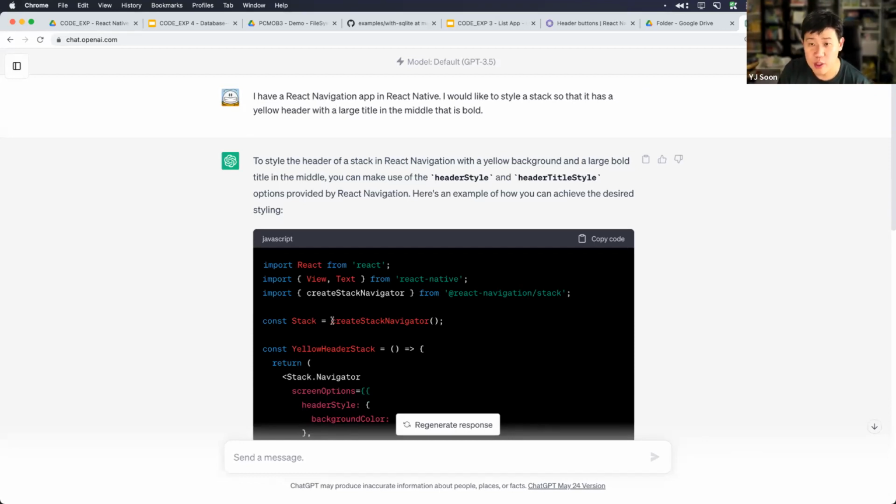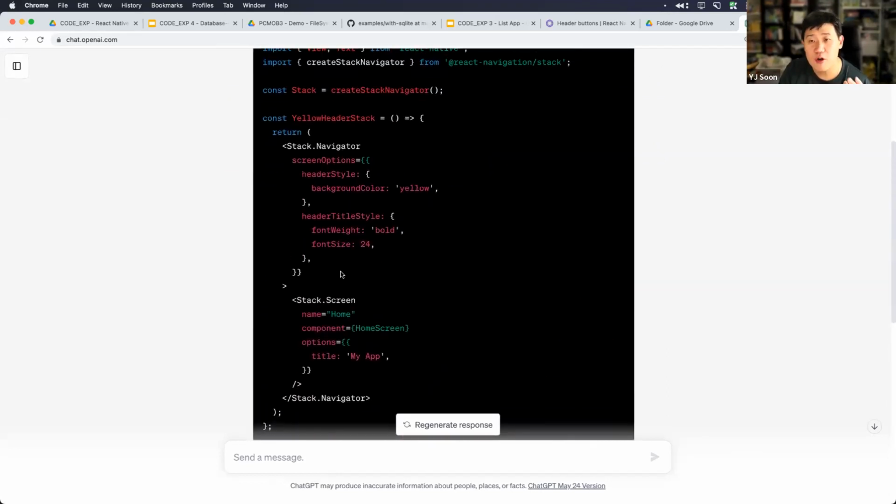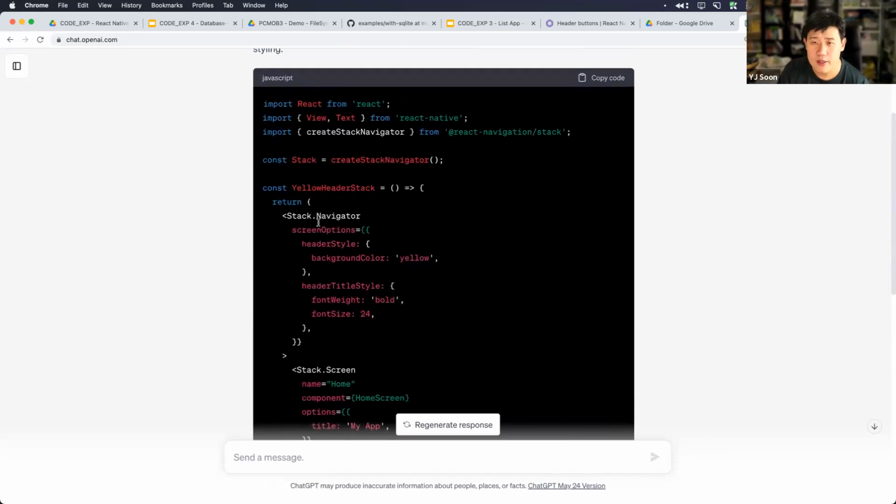You'll be like, what's this? Where do I put it? How do I get started? You can ask more questions, but hopefully you're at a point where you can look at this and recognize which parts of the code you need to use and which parts you don't need to use and don't make sense for you. So let's take a look.